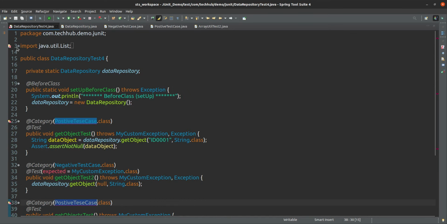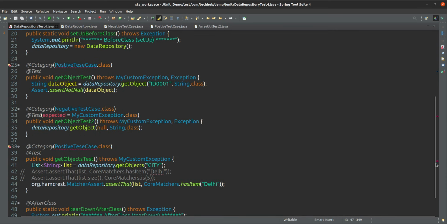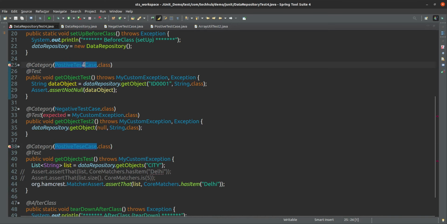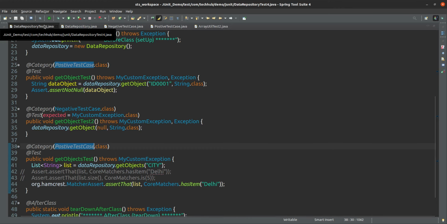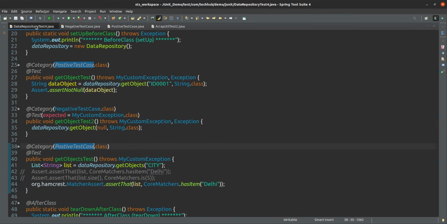I think that also we have to change because that name is something different. Okay, so these are the test cases that we are using in these two files.